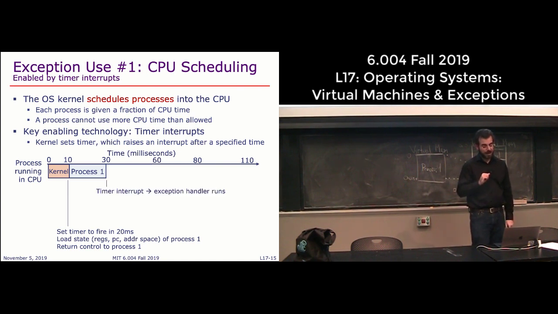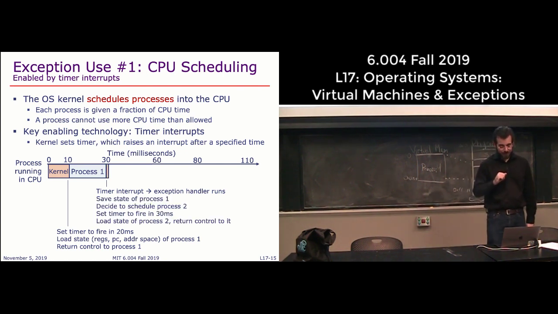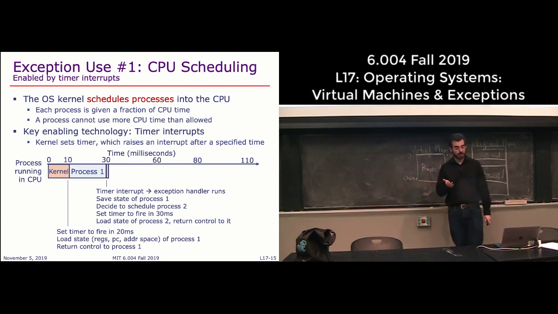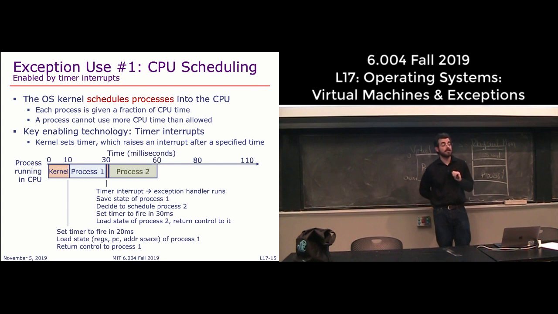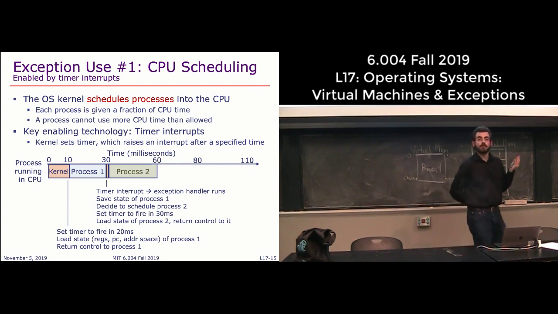Except at time equals 30 milliseconds, the timer will say interrupt. And then the exception handler will run. And the exception handler will say, okay, your time's up. We'll save all the state of process 1. We'll choose some other process to schedule, let's say process 2, and we'll repeat the same process. It will load all the state in, it will let it run. Let's say, in this case, it decides to give process 2 30 milliseconds instead of 20 milliseconds because process 2 may be higher priority or it needs more resources, right? So it can allocate the CPU